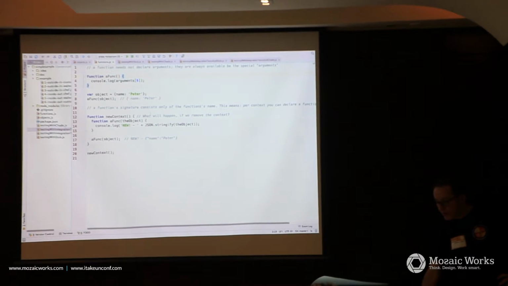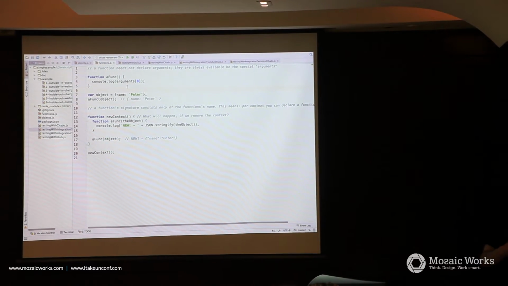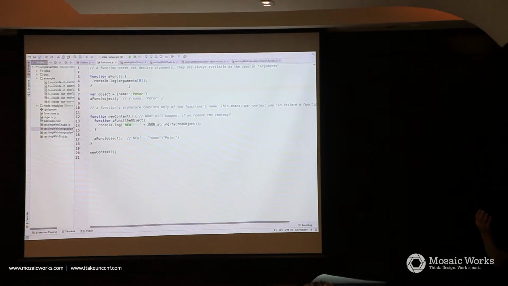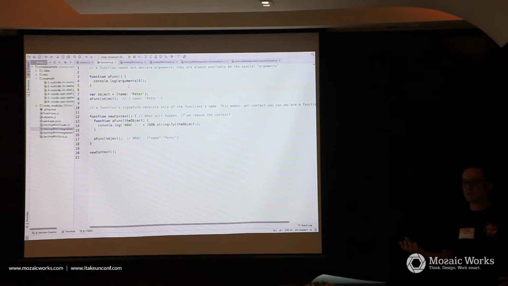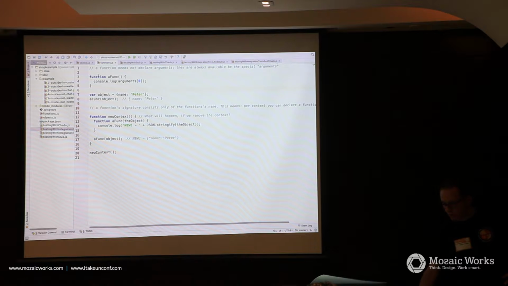But what is spooky, again, if you're not used to it, once you get used to JavaScript, you don't see that anymore. But in JavaScript, you don't have something like method overloading, because you don't have parameters. You don't even have return values. If you look at the signature, it says, hello, we have a function, that's the name, and because it's a function, we need these brackets here, that's it.